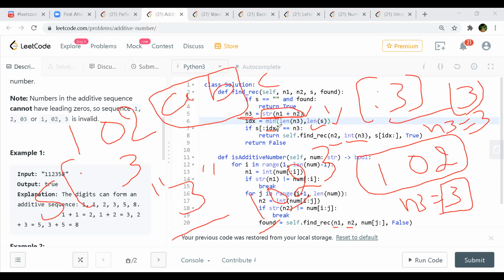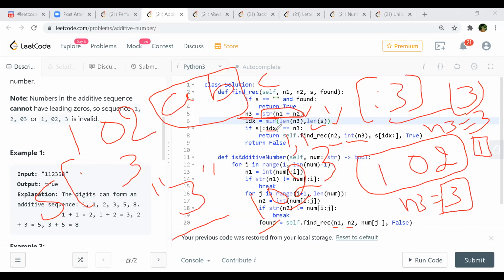Oh no, I think that should be the length, right? N3 we got as 1, and IDX is the length. Now the minimum of the length of N3, so N3 will be 1, comma the length of S. What will be the length of S? It might be a bigger one, but in this case it's only 1.